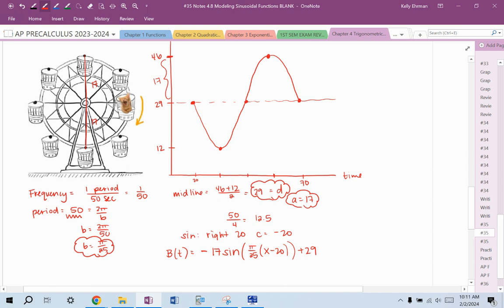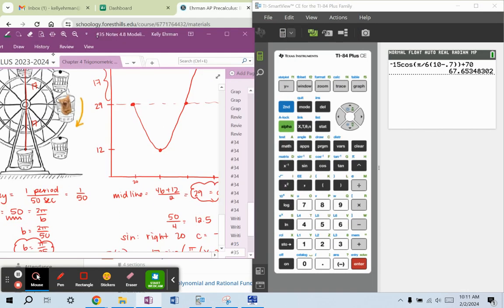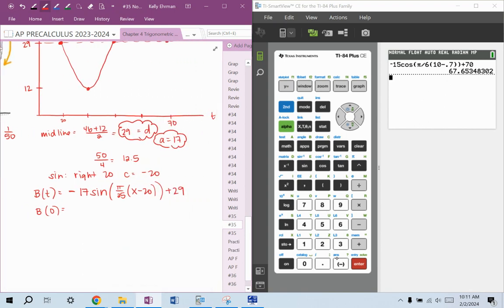And the question was, what was the height at 0? So the Ferris wheel did not start here. You would think the Ferris wheel started on the bottom, but hey, who knows? We don't have to overthink it. So let's just calculate. Negative 17 times the sine of pi over 25 times x minus 20, plus 29, is 41.121